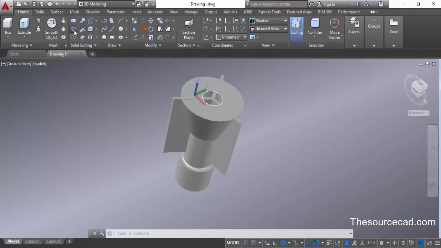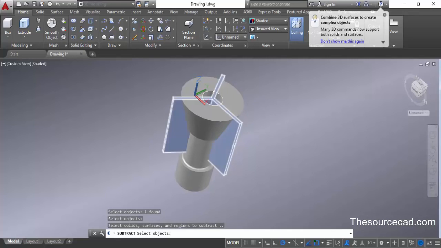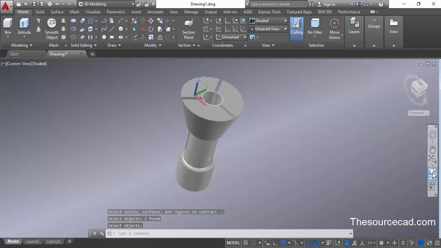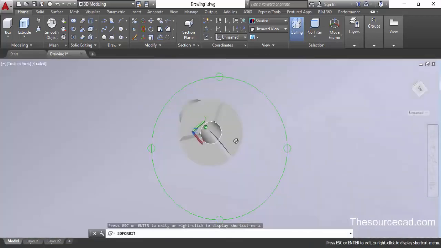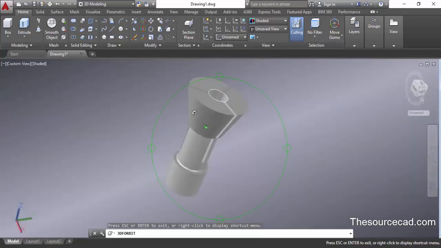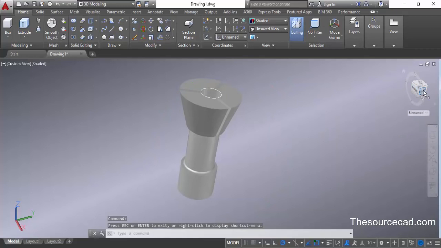So let's select the subtract, select the main geometry, press enter, and now select this geometry which we have created and press enter again. And here we have this geometry subtracted from the main geometry. So our drawing is almost complete. Now we only need to add one final detail to this. So for that, select this